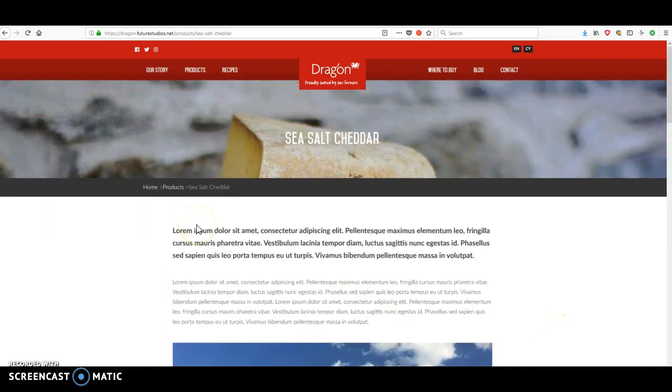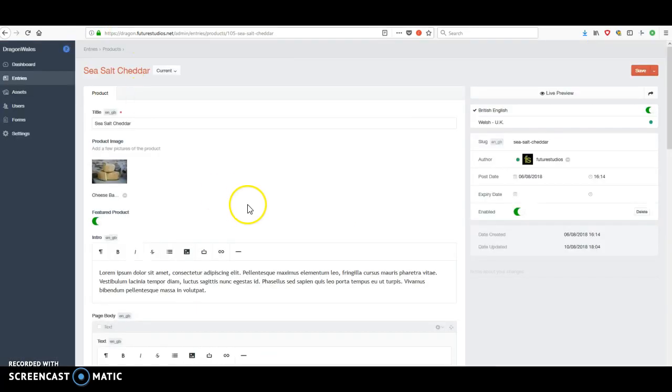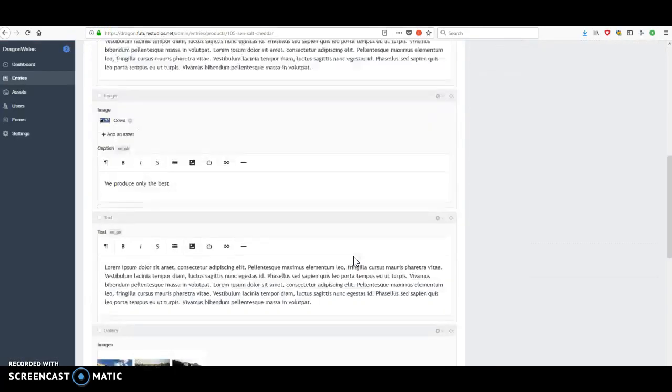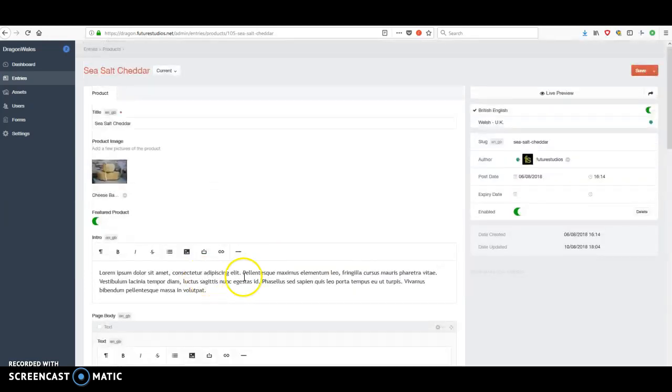So this gives you just a few more options into how you want to lay out the page. You can put different things in different places, and it gives you a bit of variety to the different pages. So that is the products. There are a few more fields down there which you can have a play with. But